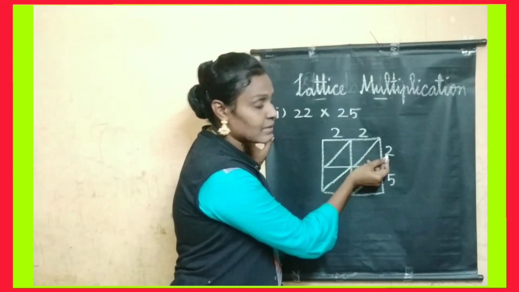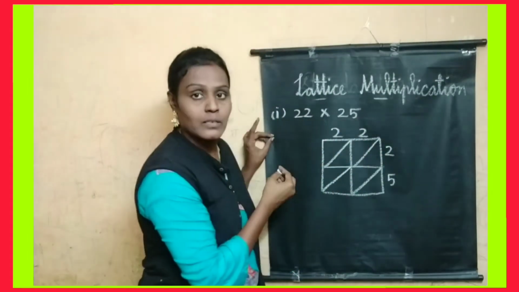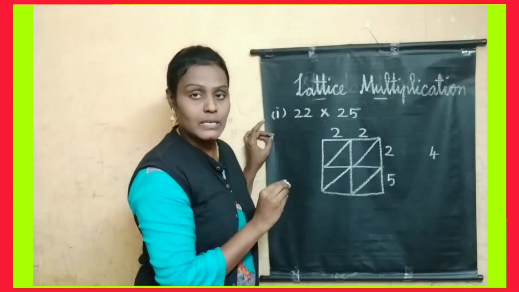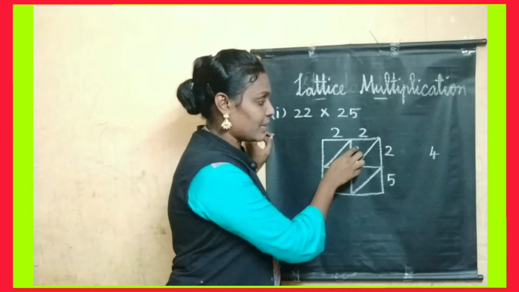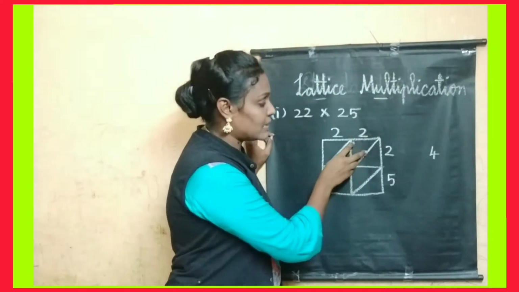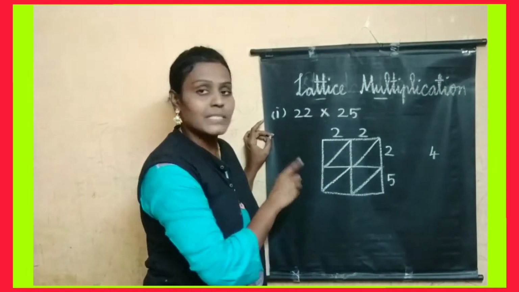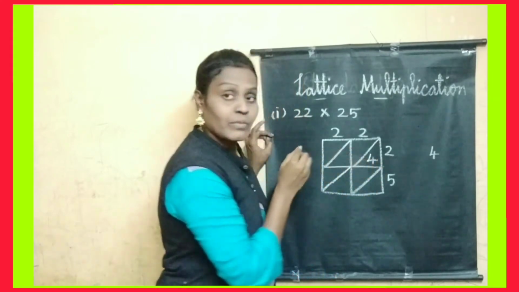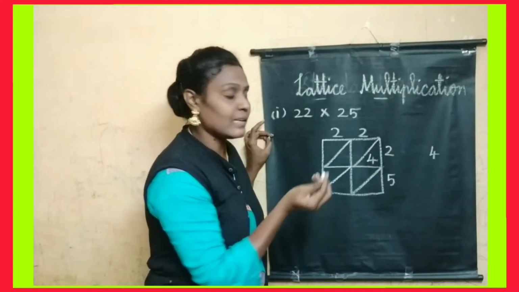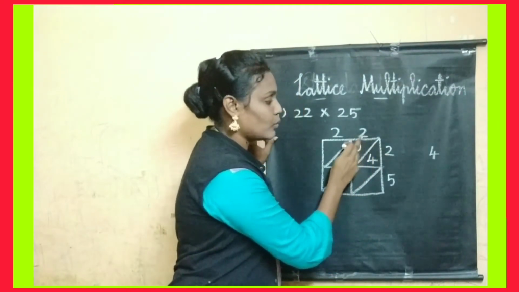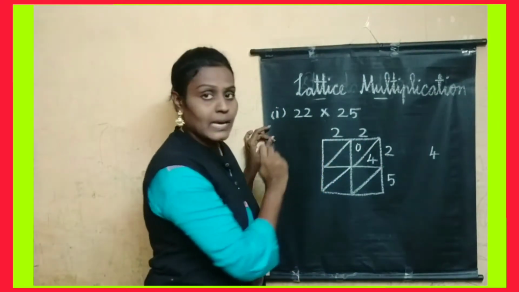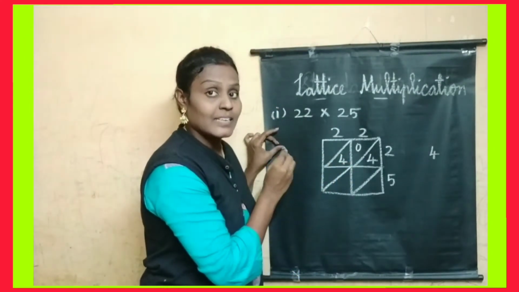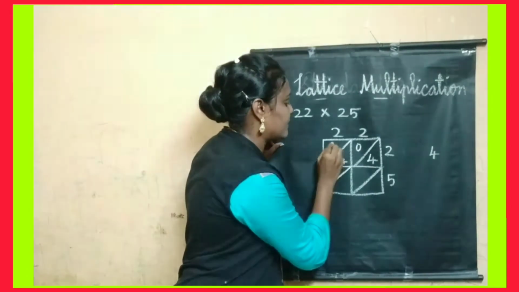First, we will take 2. 2 2s are 4. 4 is a single digit number. Since we divided with diagonals, we have 2 sides here. So if we write 2 numbers, we won't get confused. So write 4 in the ones place, and since we have no number for the tens place, we can put 0. 2 2s are 4. Next, 2 2s are again 4. Write 4 in ones place and 0 in tens place.